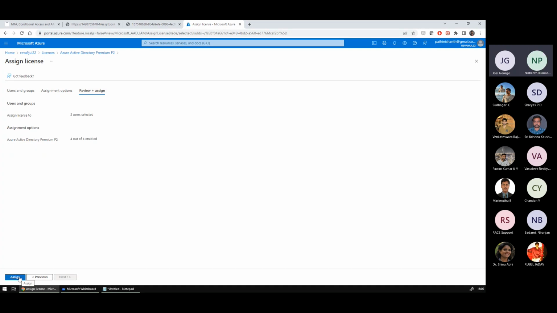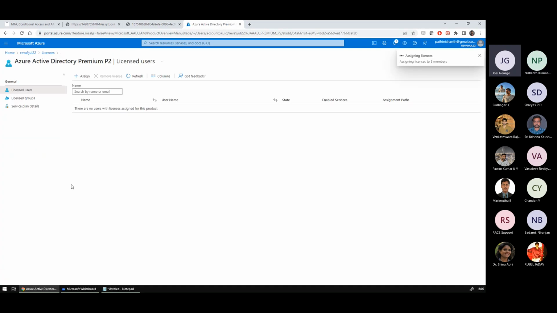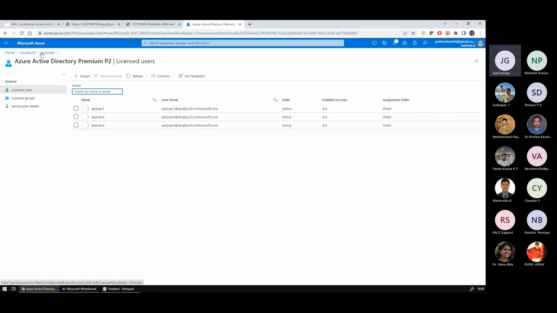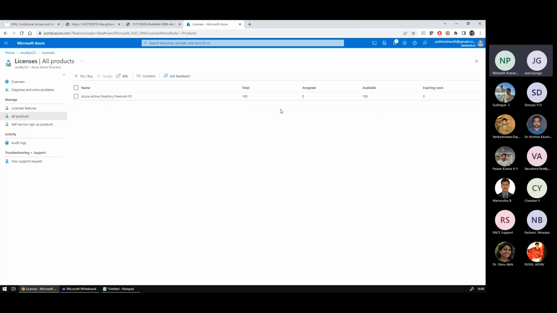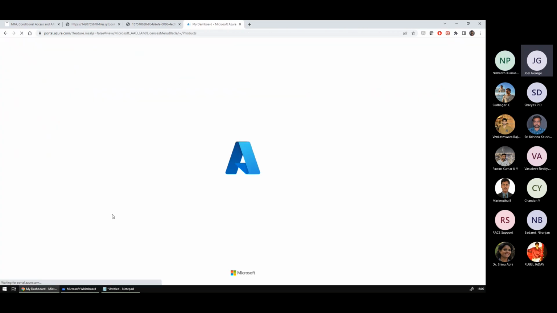And click on assign. So there will be 3 people who will get Azure Active Directory licenses. Now only the persons who have Azure Active Directory license will get these features. See, 3 licenses are activated. So if I go to licenses section and try to reload this page,